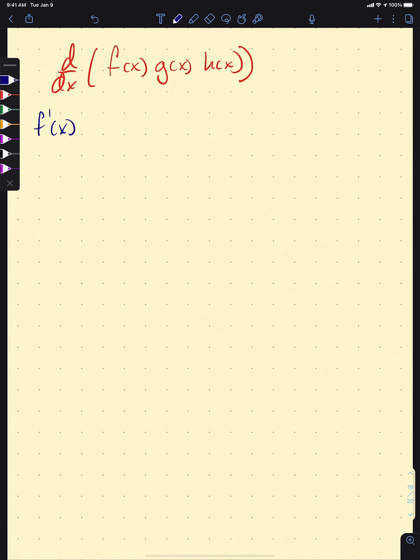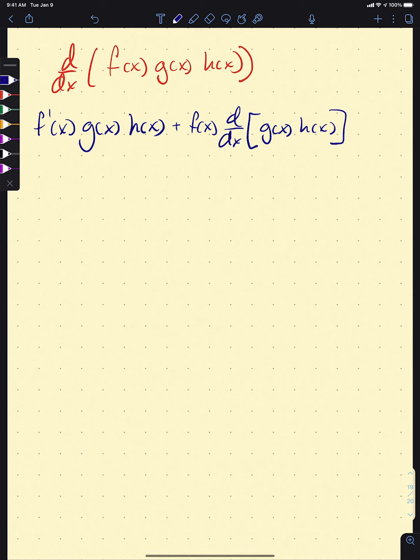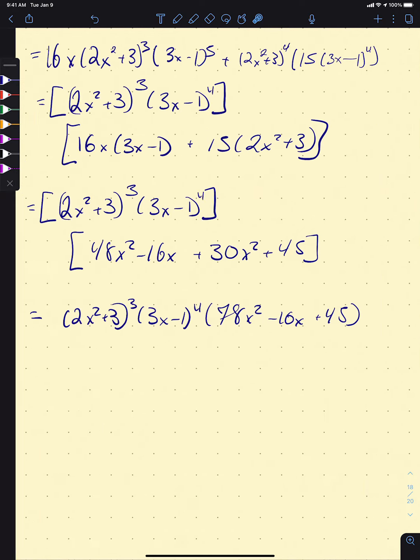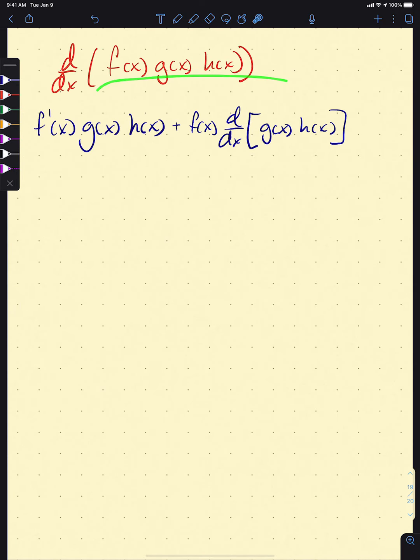Then you're going to have f prime of x, g of x, h of x, plus f of x times d dx of g of x, h of x, right? And then if you do the product rule on this guy, well, then it will fall out, right? And with that in mind, this same process works for 4, it works for 5,